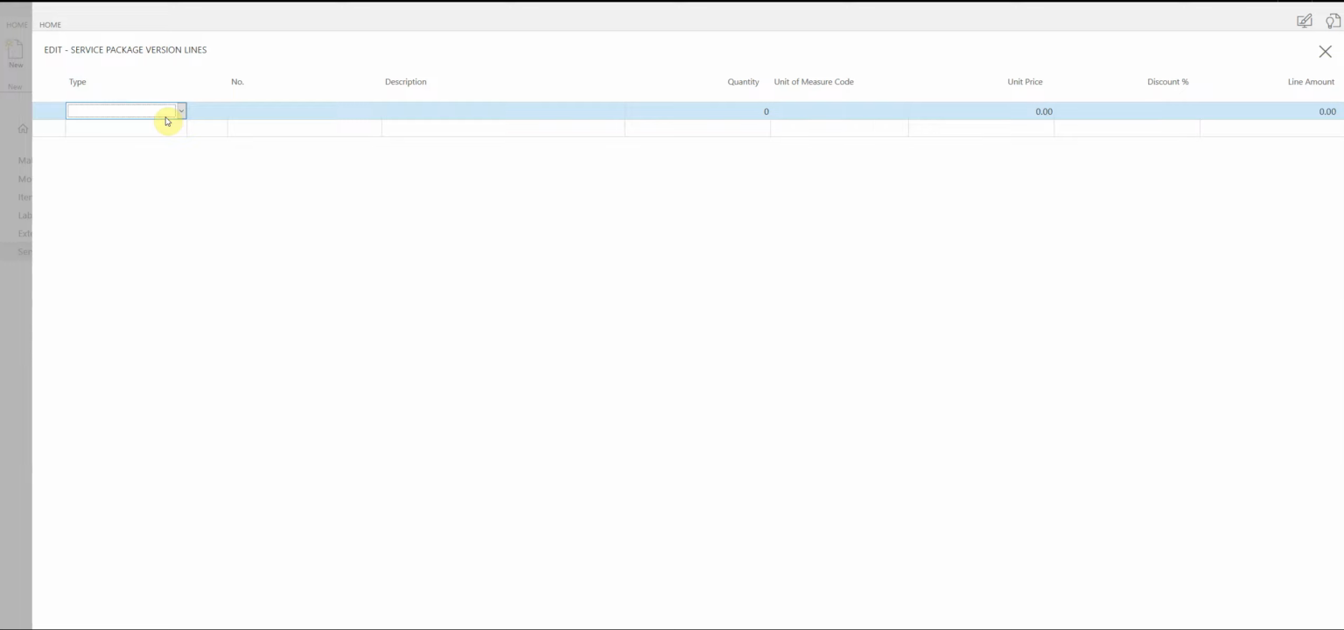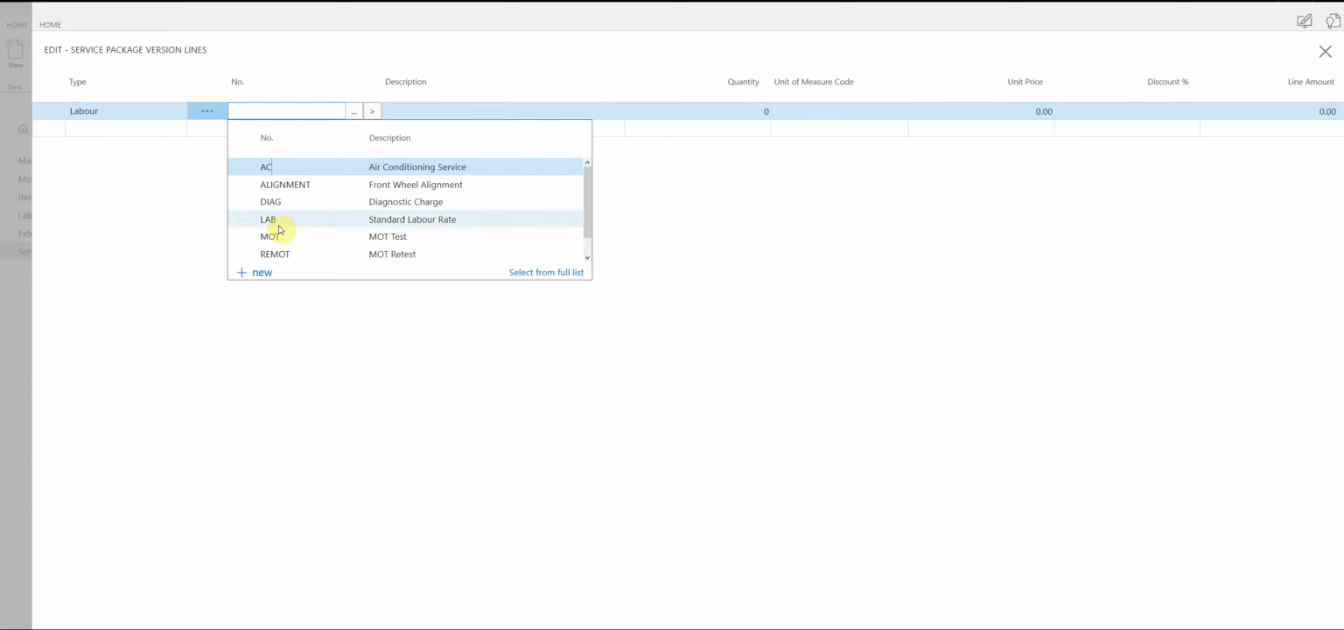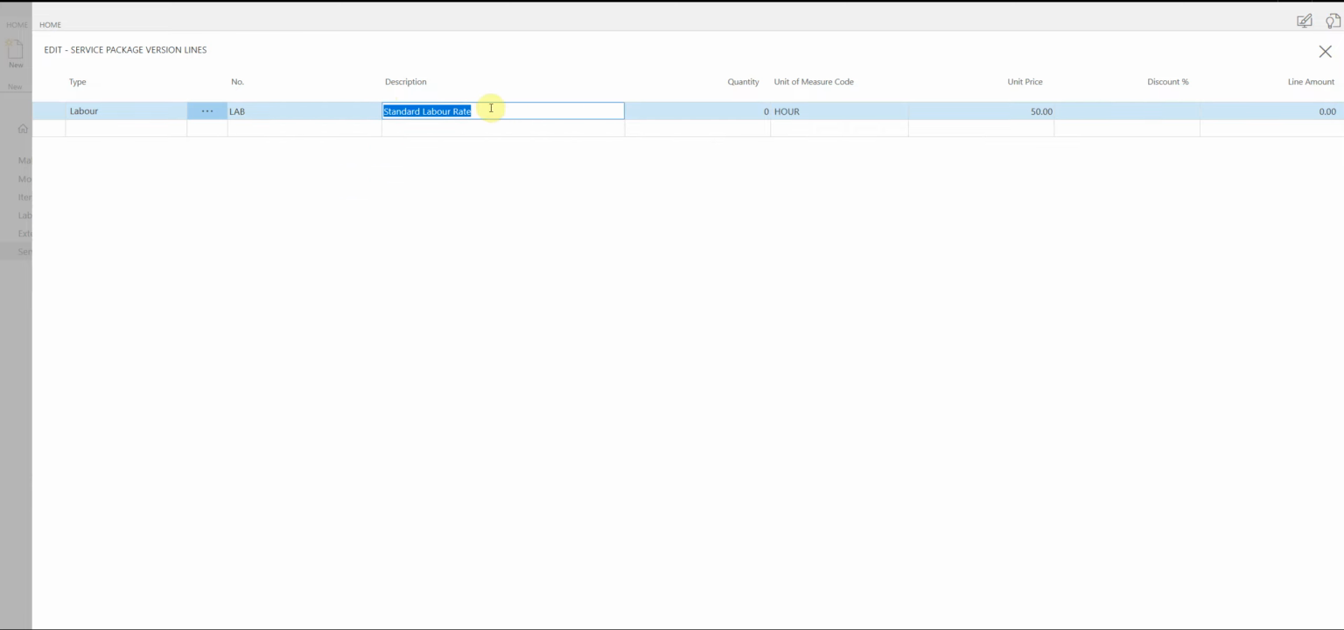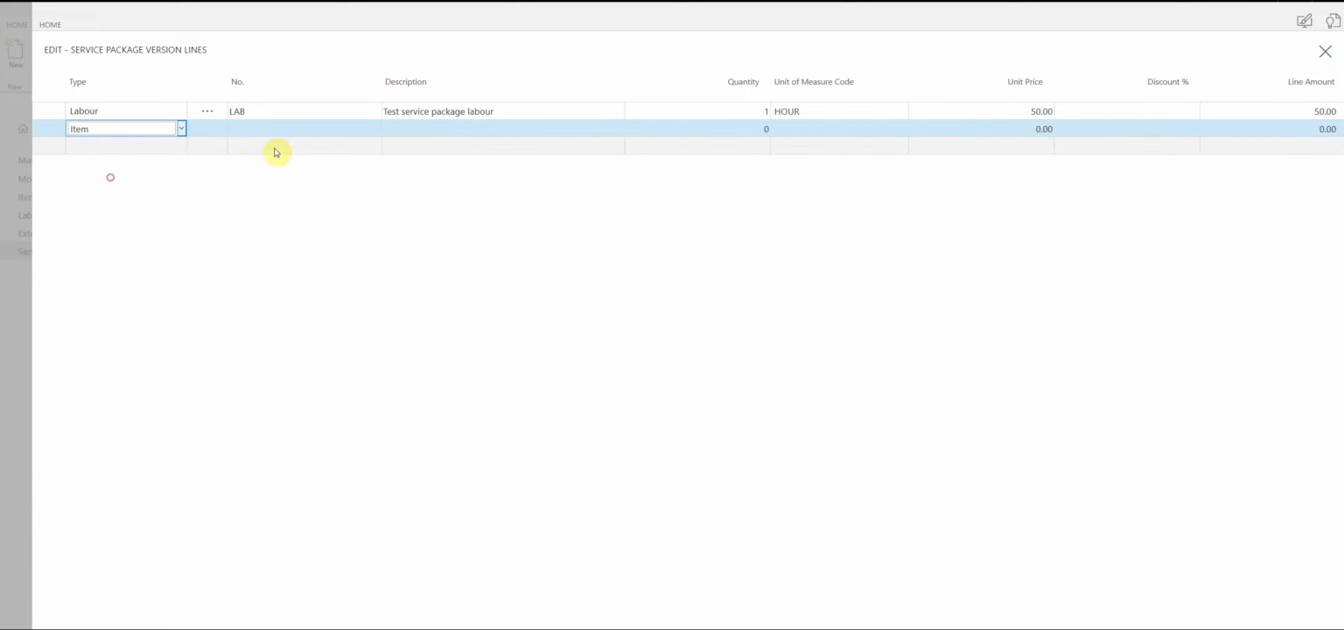And from here, this is where you stipulate the lines, whether they be labor, items, or external services, to appear within that service package. So we'll say we want line type labor, and we'll just select default labor line, and we can just put test service package labor, and we'll have a quantity of 1, and we'll add